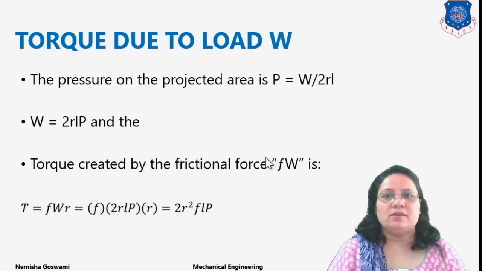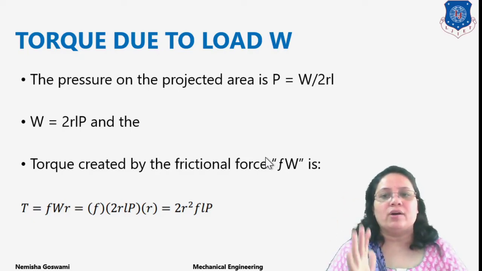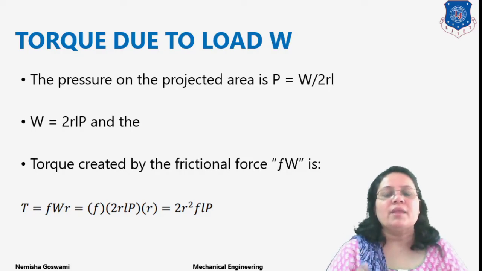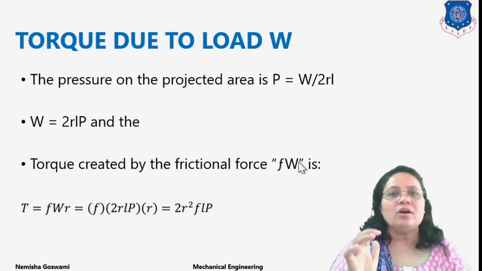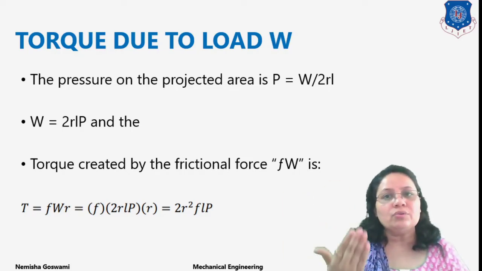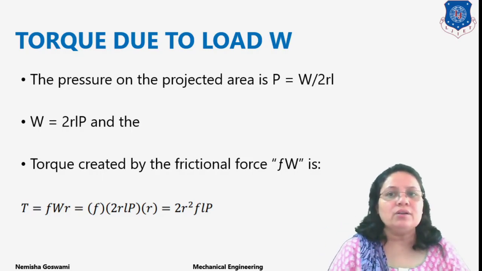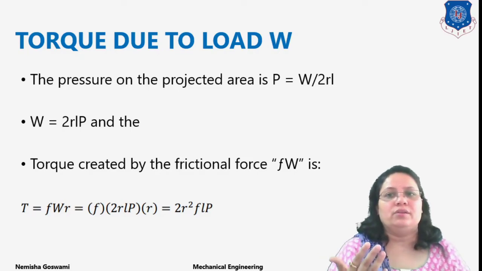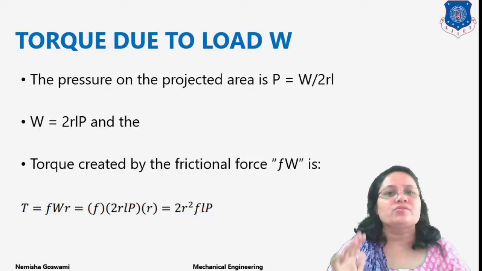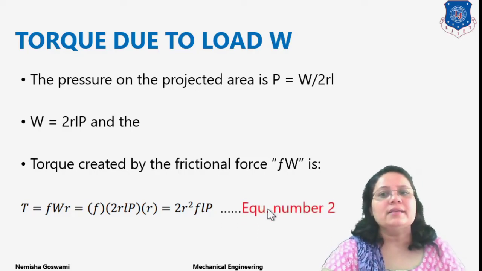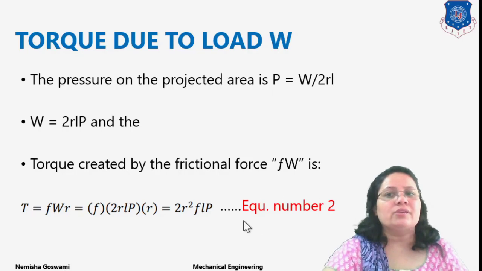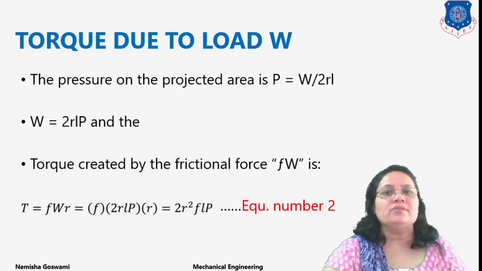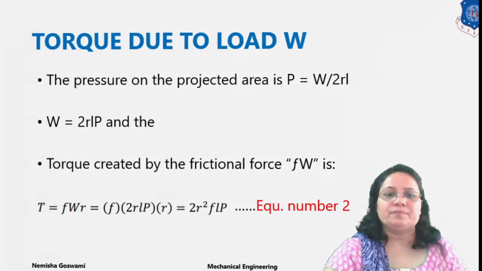And we have first of all found the torque due to lubricant, or due to viscosity. Now these two torques should be equal for the stable condition. So what should be the stability criteria? In the stability criteria, the torque generated due to coefficient of friction should be equal to the torque generated or resisted due to your viscosity, right? So these two torques should be equal for the stability condition. I have given here equation number 2. But for the ideal condition or stability criteria, equation number 1 should be equal to equation number 2.